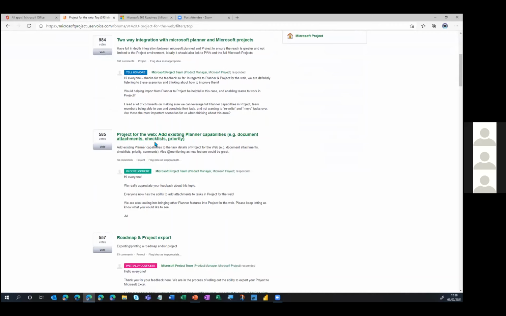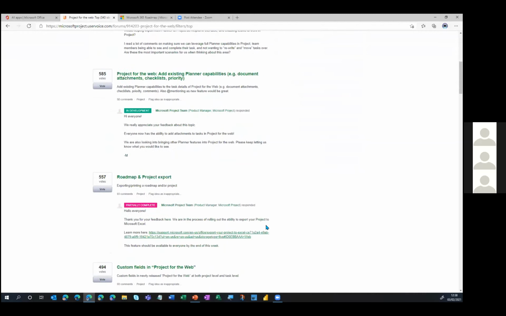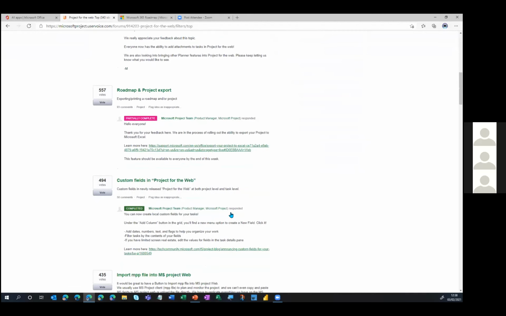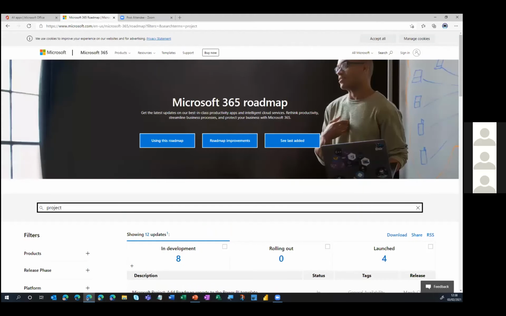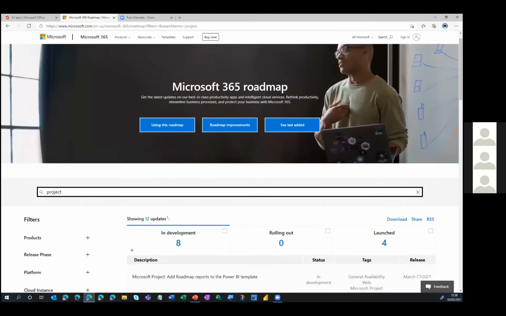So the ability to add things like task level checklists, to add document attachments. Some of this functionality has already been built in, the attachments functionality that I demonstrated earlier, but other functionality is now in development. And you can see the statuses that are coming back here from Microsoft. And you do also have access to the Office 365 roadmap.